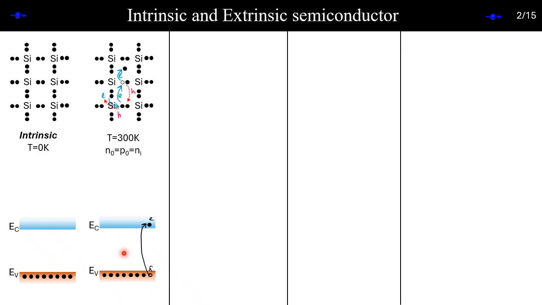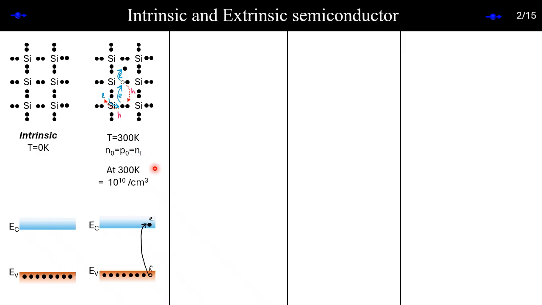In the Fermi-Dirac statistics, if you remember, it is a distribution. There are some electrons, very few in number, which will be excited and can overcome this barrier. Good. Those electrons are what we call the intrinsic carrier concentration. We always write electron and hole pairs, because every time you generate an electron you also generate a hole. That's why it's called electron-hole pairs.